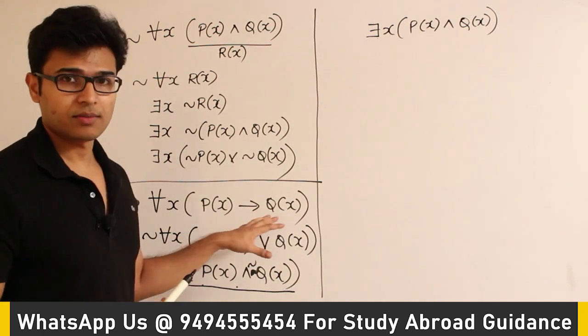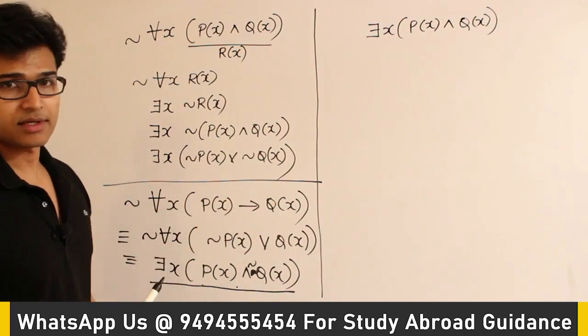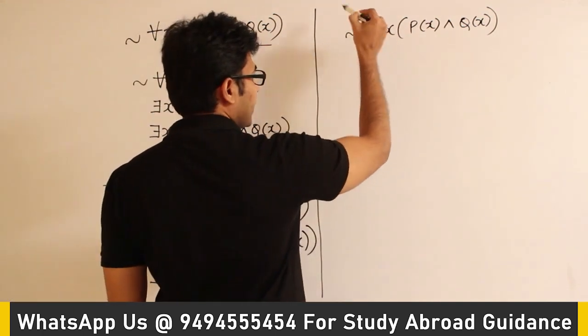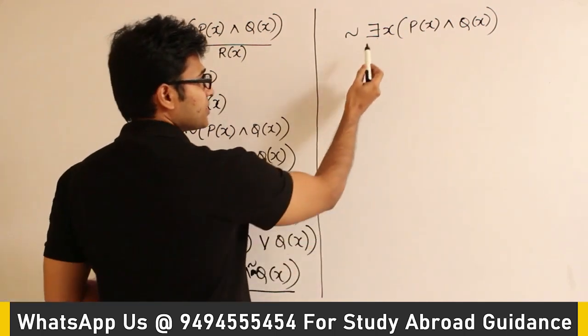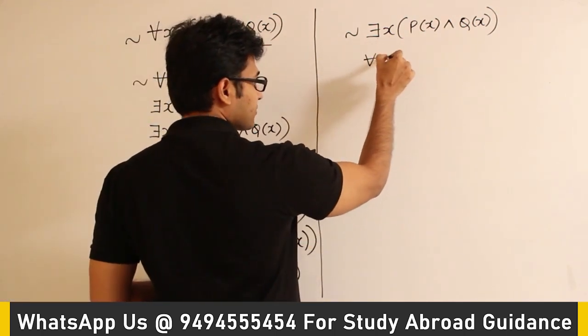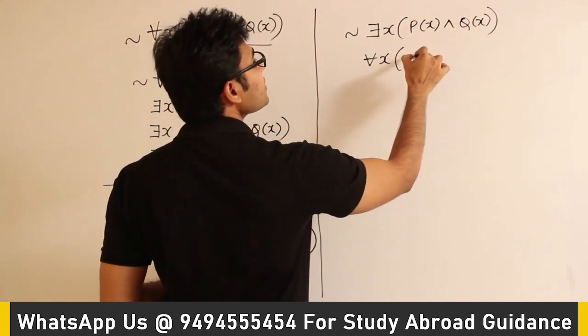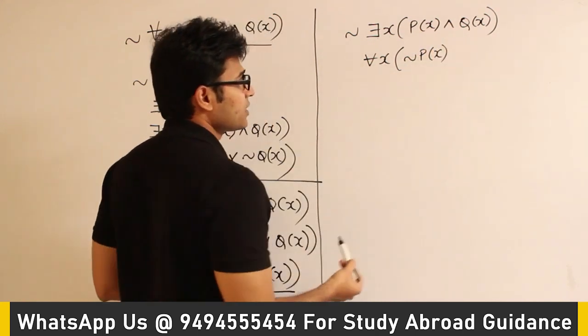I hope you know how to apply it. Since the brackets are given like this, it means that the scope of this one is this entire thing. Now if I try to apply negation, then you know what has to be done. This there exists will become for all x, and this entire thing has to be negated. So which is nothing but negation p of x,